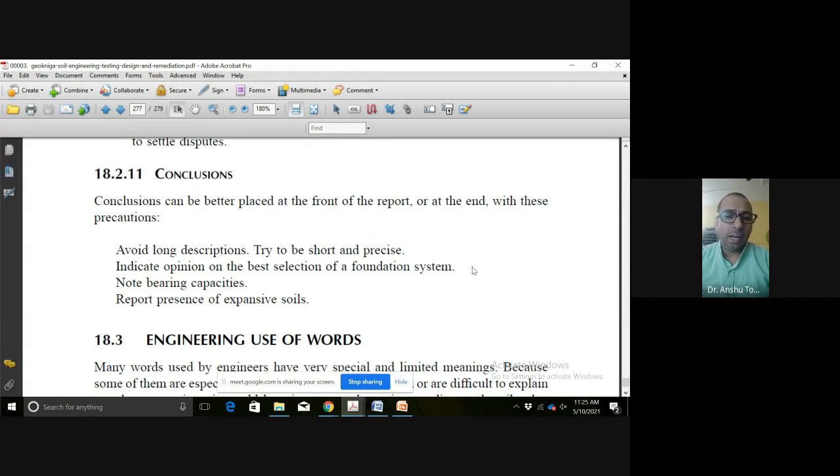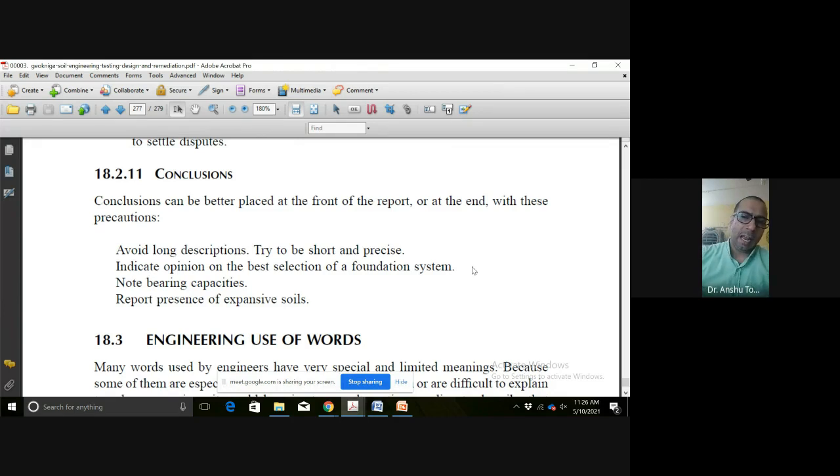If you have to document the results of the liquid limit test, the plastic limit test, you need not write the whole theory behind that particular test. Or if it is a compaction test, you are not required to write the whole theory behind the compaction test. Whatever is required, only that: what is going to be the aim, what is going to be the procedure, that also in brief. So accordingly, you can just give in the tabular form whatever the results are required, as we do in the lab.